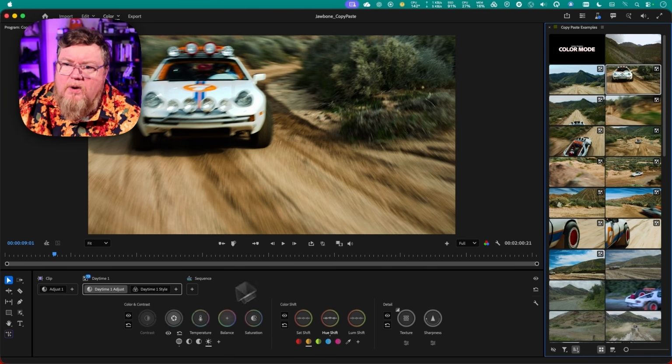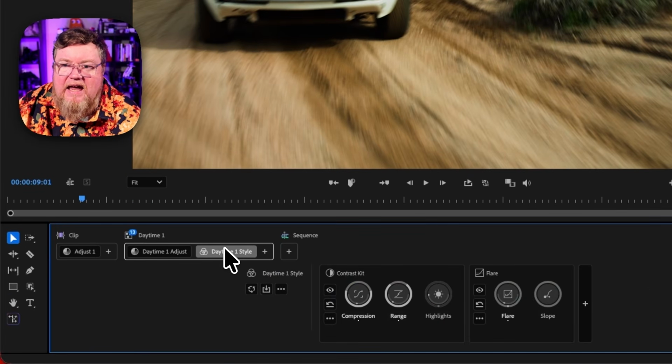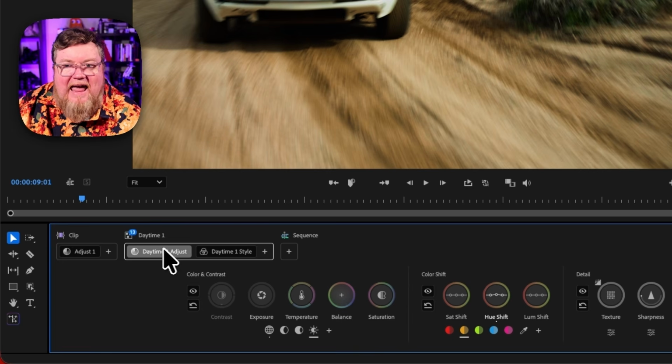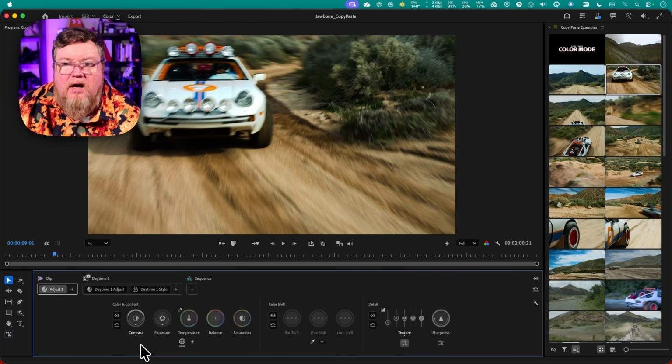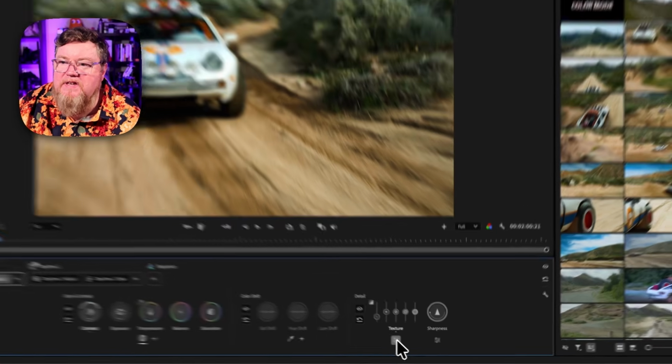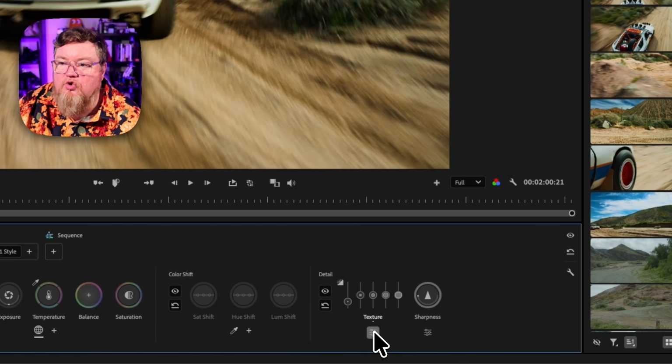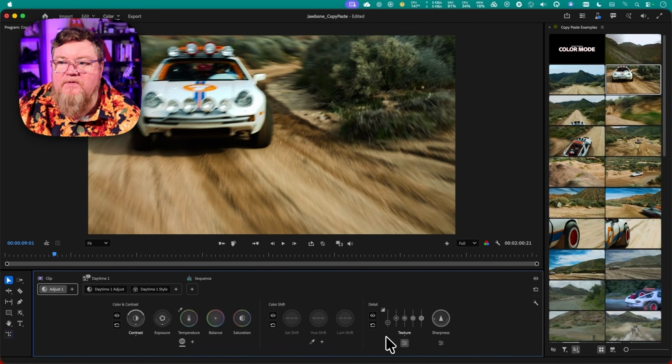Now, the first thing I want to call your attention to is this Daytime group is using both an adjustment and a style that work together, and there's actually a clip adjustment on this clip as well to play with some exposure or contrast values rather, and it's also adjusting the texture control here in slider mode. We're removing some of the smaller details to accentuate the blur, the motion blur in this